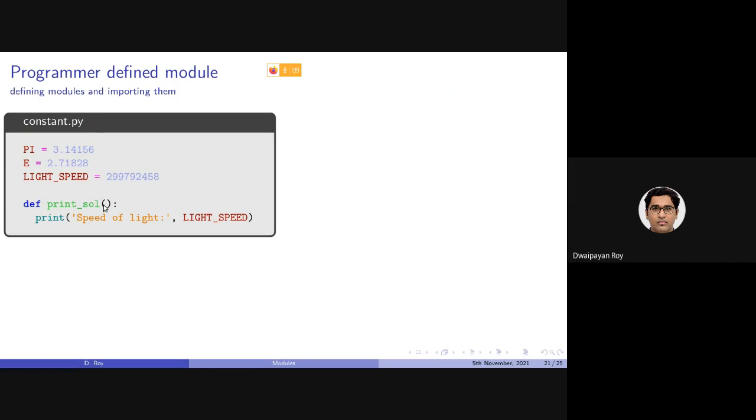Of course, we can use this constant.py as a module because the restriction was that the name should not be a keyword. Here, constant is not a keyword in Python. So it is a valid name of a module.